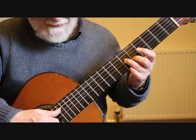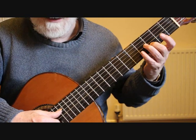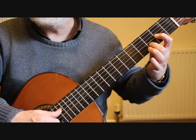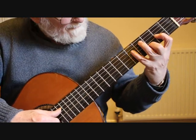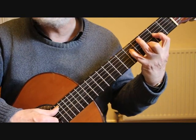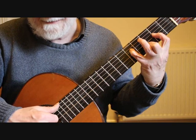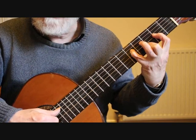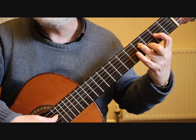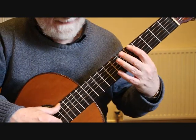The second finger slides back to the 3rd fret on the 2nd string. We place the first finger on the 3rd string, 2nd fret A, and the little finger, which is a bit awkward, onto that 4th string, 5th fret G, giving us the chord of D suspended. And then that note moves or resolves onto the F sharp on the 4th string, 4th fret. So bar 8 is